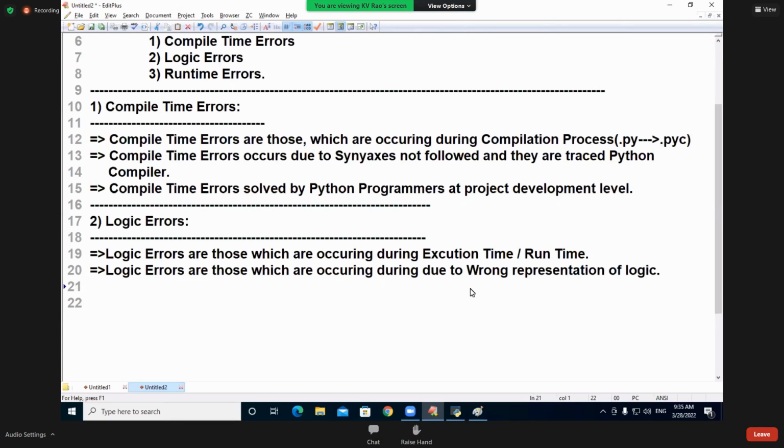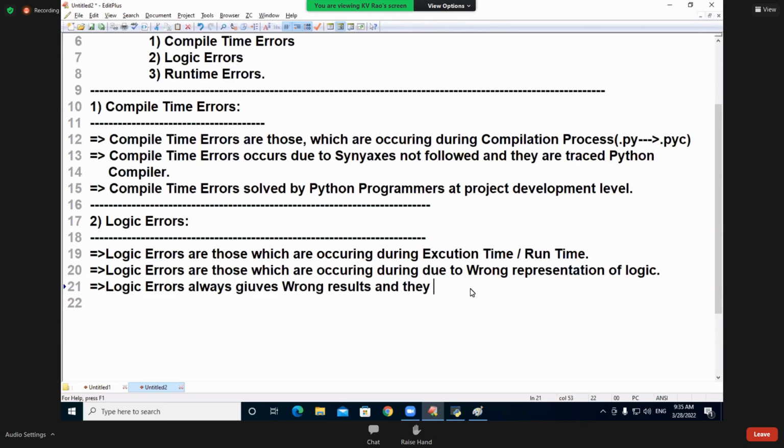And logical errors always give wrong results.